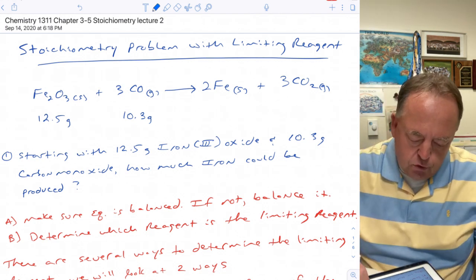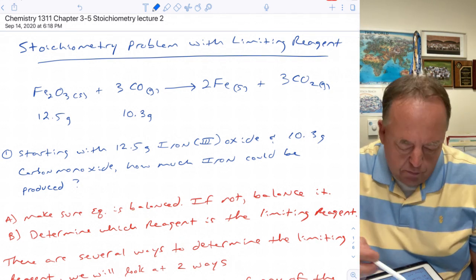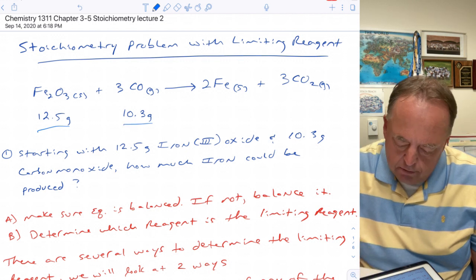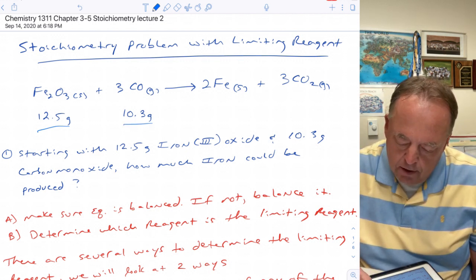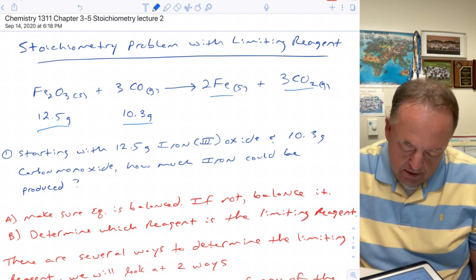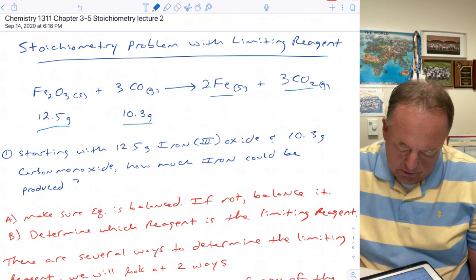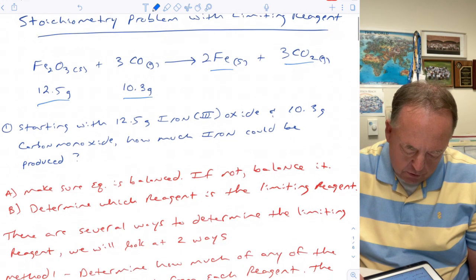Okay, so if we take this reaction, iron 3 oxide, so if we take 12.5 grams of it and 10.3 grams of carbon monoxide and react them with each other to make iron and carbon dioxide, then how much iron could be produced? Okay, so to work this problem, first of all, you would want to make sure